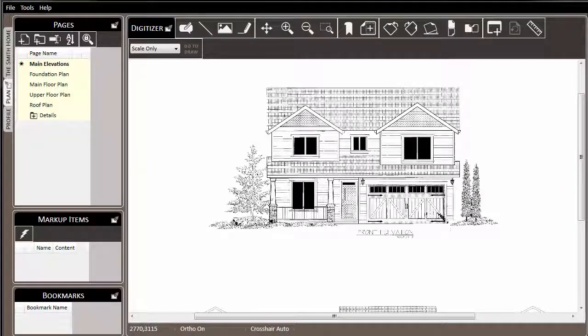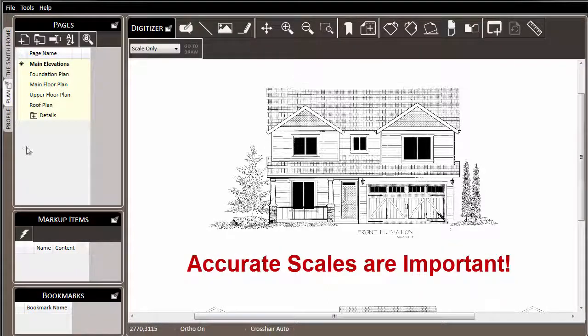With your plan images loaded into your project and organized in your pages list, the concept in BC Estimator is that you're going to draw or trace over the top of these plan images to collect information on how much material is needed for your project. In order for the materials to be calculated correctly, a scale must be applied to each page that you're going to draw on. Since a wrong scale could result in incorrect values, it's important that an accurate scale be applied